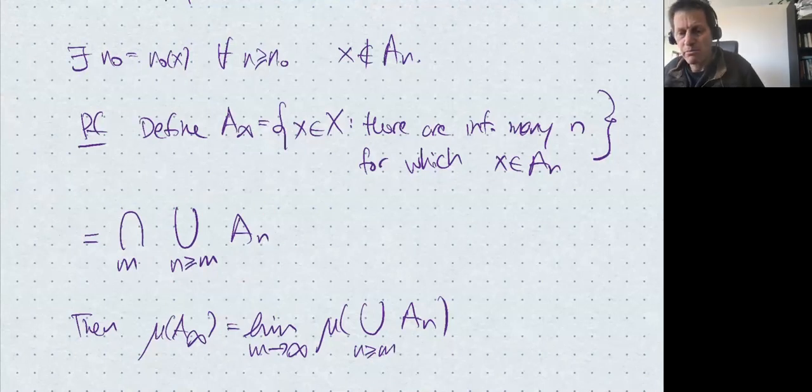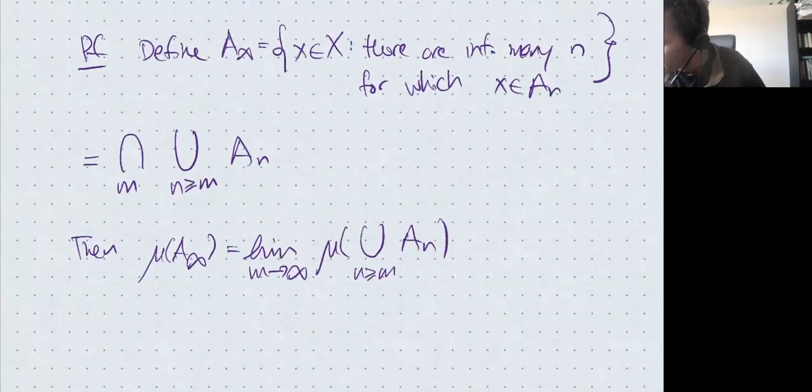So this is the measure of a decreasing sequence, and so the measures behave continuously with respect to decreasing sequences of sets. So the measure of A infinity is the limit of the measures of these sets, but by sigma